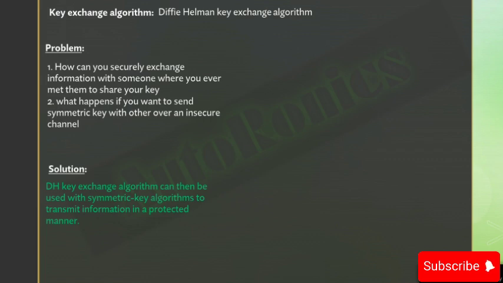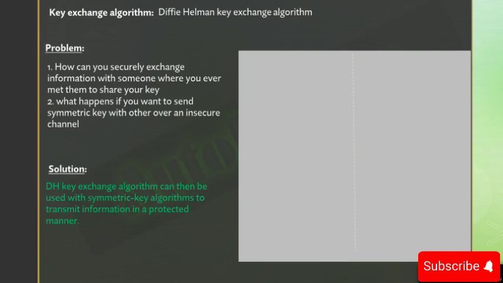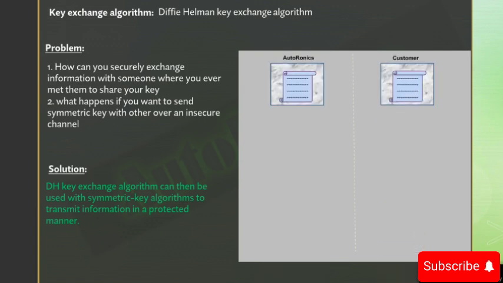Let's understand that with a pictorial representation. Let's take two entities: one is Autronics and one is the customer. Autronics wants to send their secret key, but should not send the actual secret key directly. Let's understand in depth with this example.